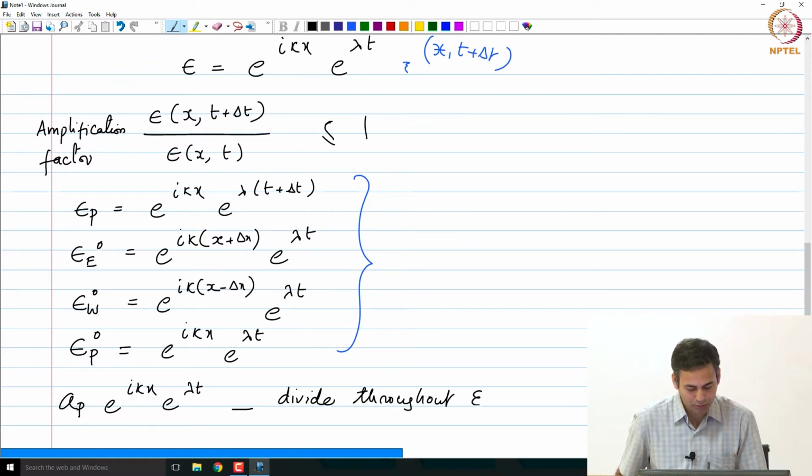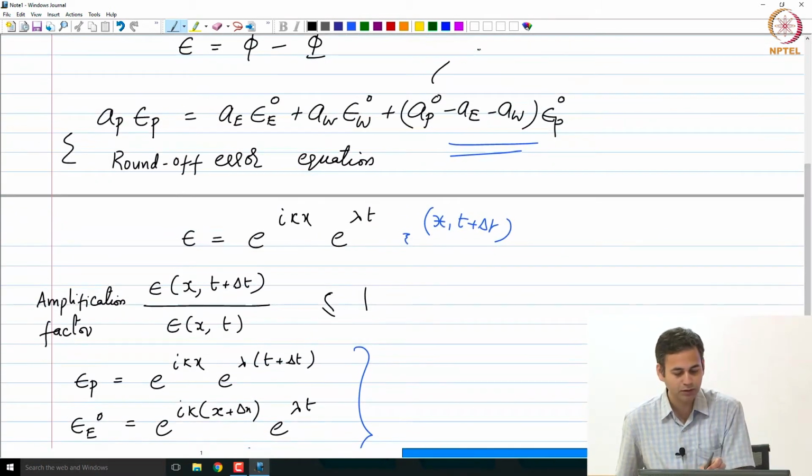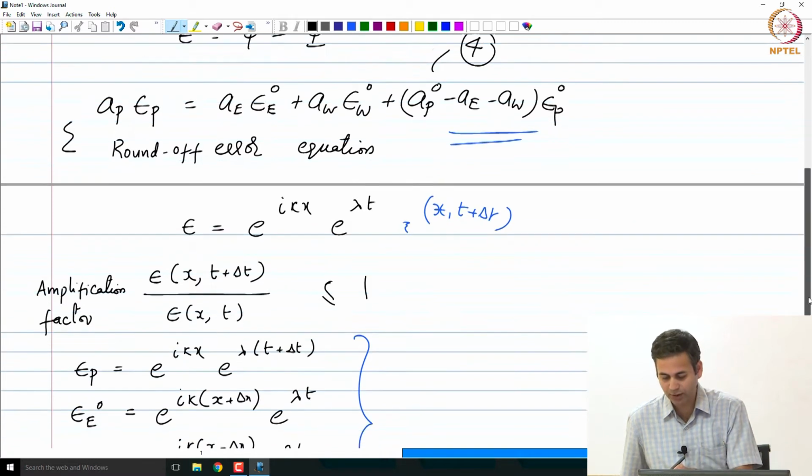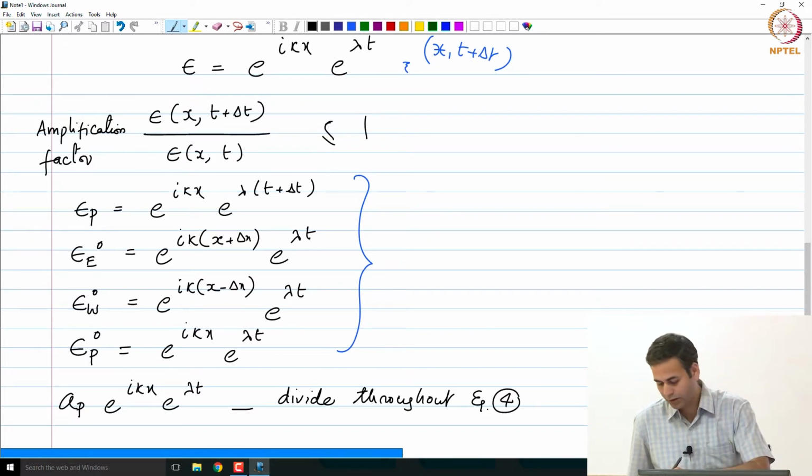What is the equation we call this as 4 or something? Yesterday we called this equation 4, I guess. So, this is equation 4, essentially plug in these values and then divide everything with a_P e to the I k x e to the lambda t in equation 4, right. Now, once you do that,